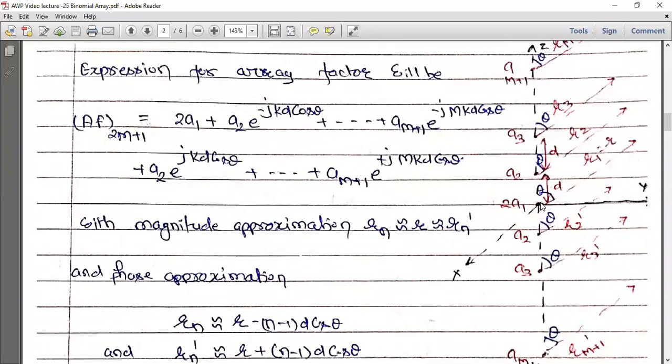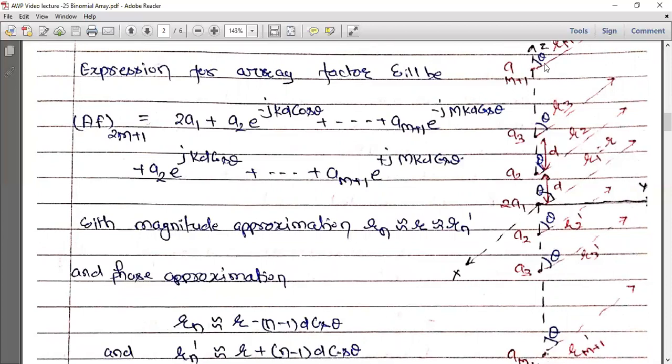The first element is placed at the origin, then 2 elements are placed at position z equals d and z equals minus d, as you can see, with the same amplitude. This has amplitude of excitation A2, and this has amplitude of excitation A2. Similarly, the third set of elements is placed at z equals 2d and z equals minus 2d with excitation A3 and A3. So amplitudes are symmetrically distributed. The inter-element spacing is d, the spacing between every 2 consecutive elements is d. All are situated on the z axis, and their distribution around the origin is also symmetrical.